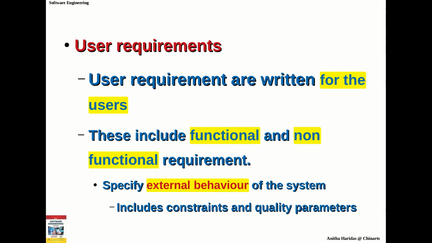If the requirements are specified for the end users of the software, then you call them user requirements, and these user requirements include both functional and non-functional requirements, and generally specify the external behavior of the system. And the external behavior of the system includes all the constraints and all the quality parameters. Say for example,